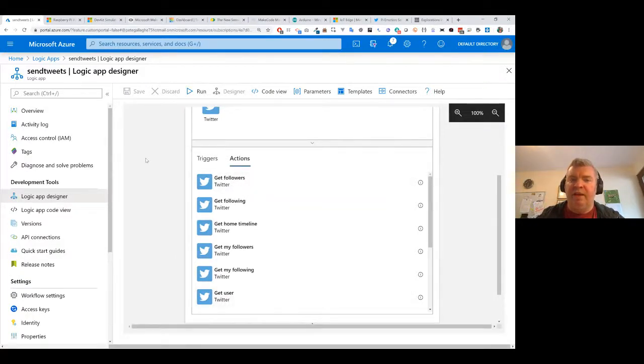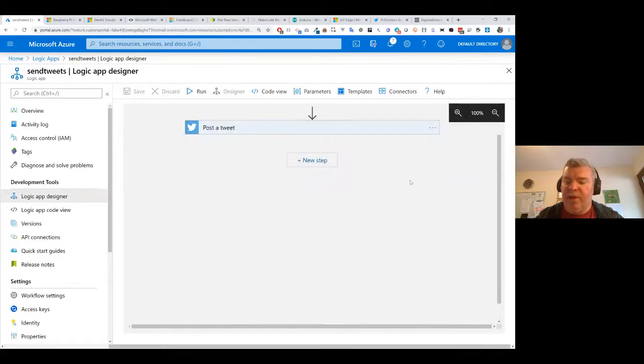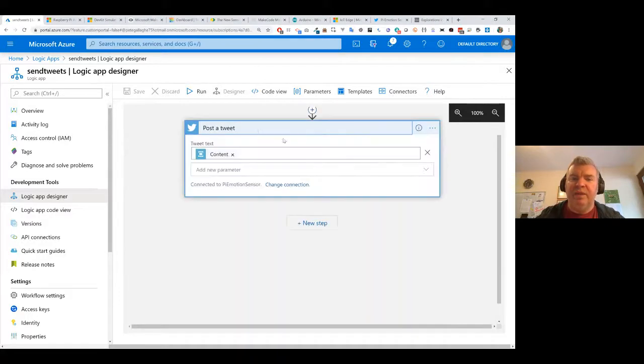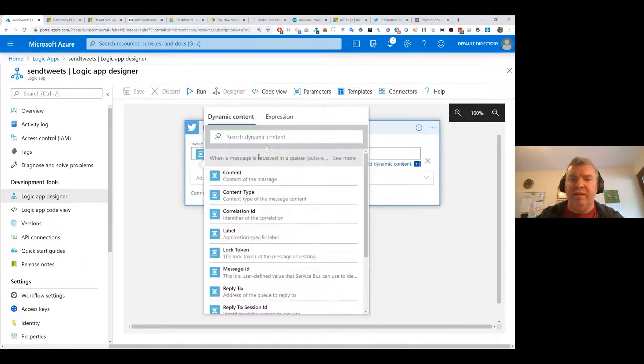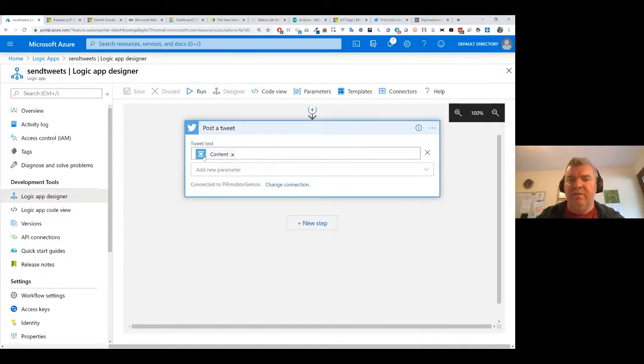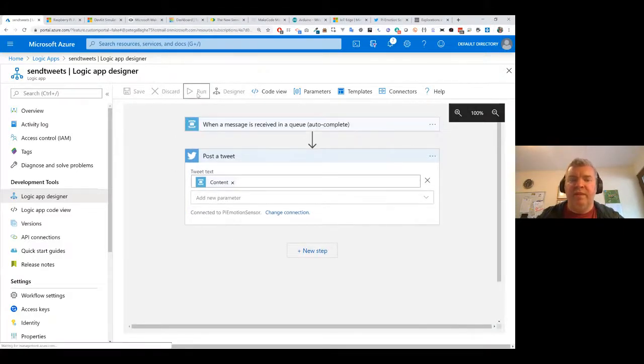And when you click on that, it'll pop up the authentication tab, and you can just authenticate your Twitter account directly with this. It used to be that you had to create development accounts in Twitter and then share keys across and paste keys in, but now you can just authenticate directly. So once you've authenticated, you get to stick some content in there. And I've just grabbed the content of the message, which is why it's saying content just there. And when it's run, so if I run this,